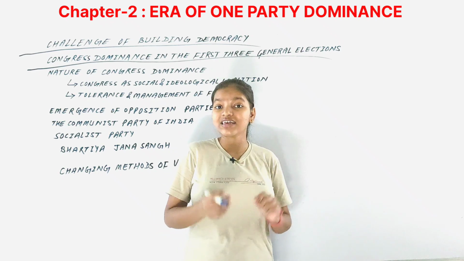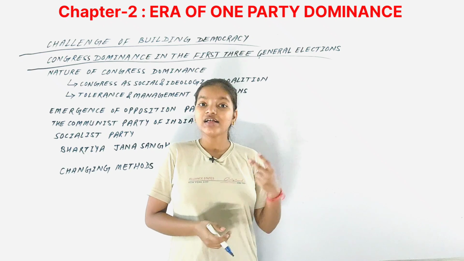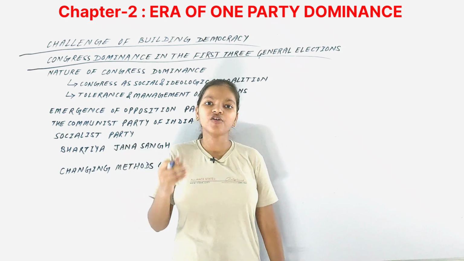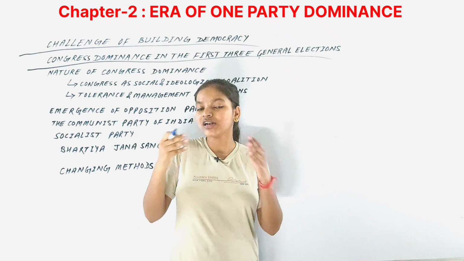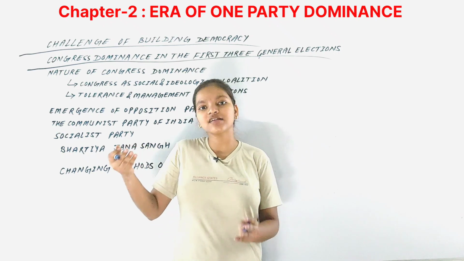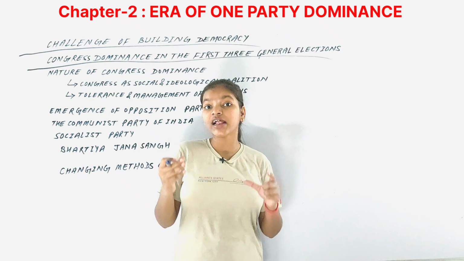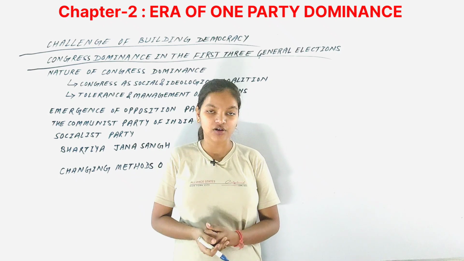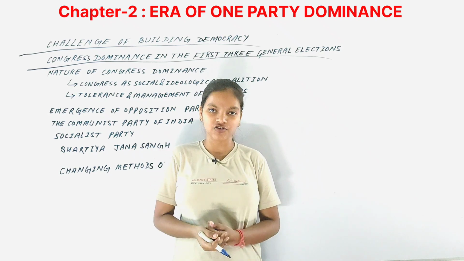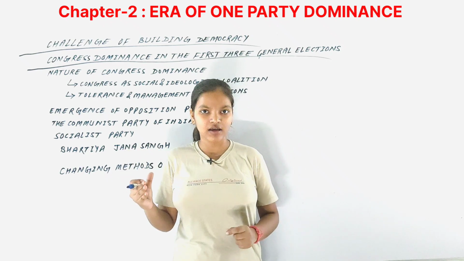First, of course, because it had a major role in the national movement of the country. Secondly, it had the most popular leader of Indian politics at that time, Jawaharlal Nehru, a young and charismatic leader as well. Thirdly, because it had a well organized structure all over the country, and that is why it had gotten a very big victory in the country.